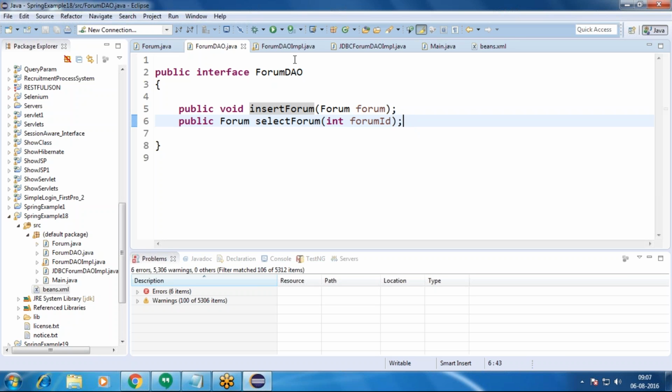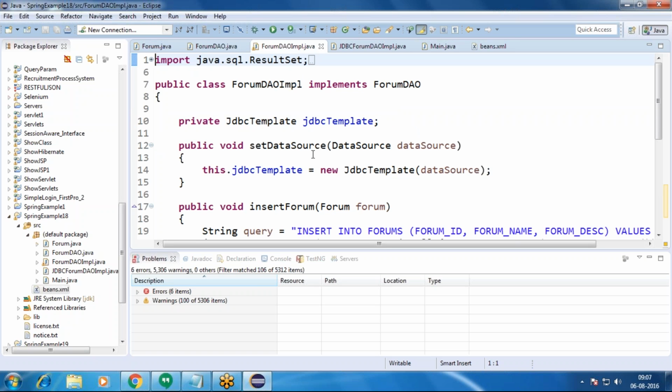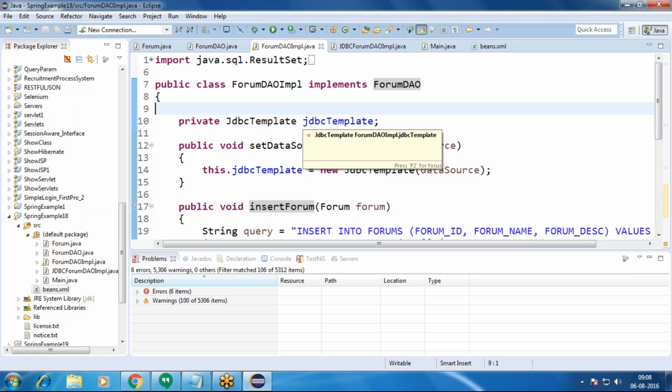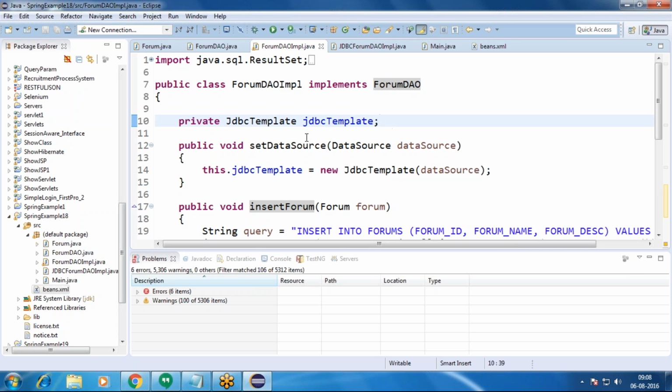Then this is the implementation we did here. What methods are present in the ForumDAO interface? Those methods we are going to implement in this class, ForumDAOImpl.